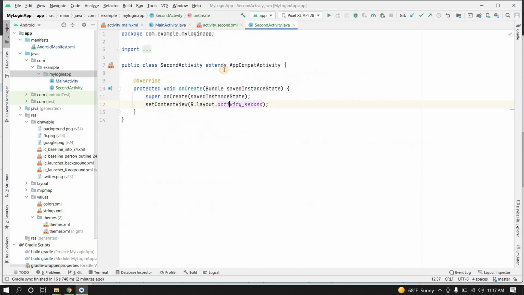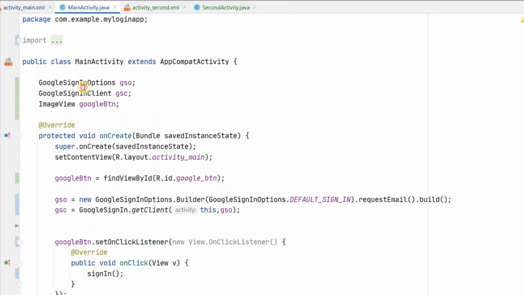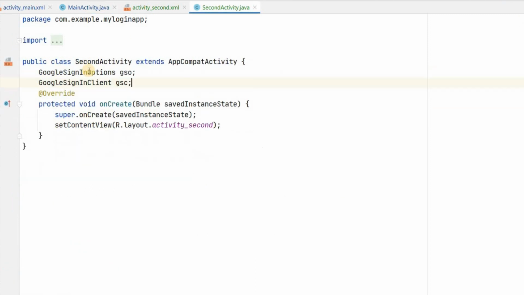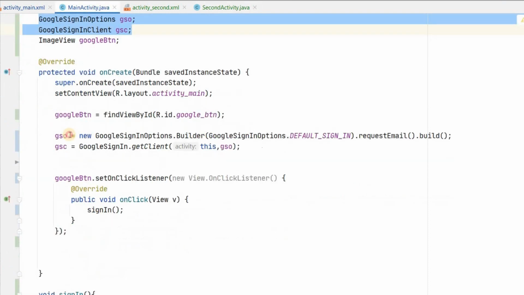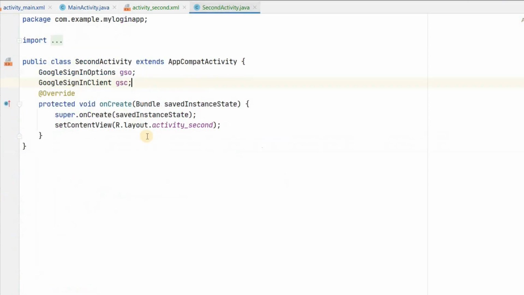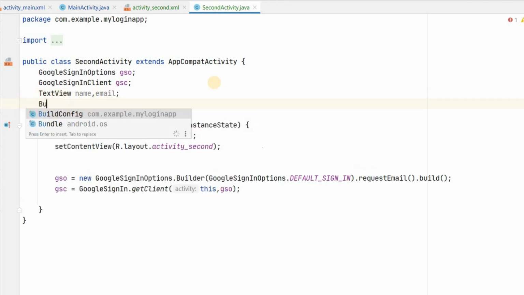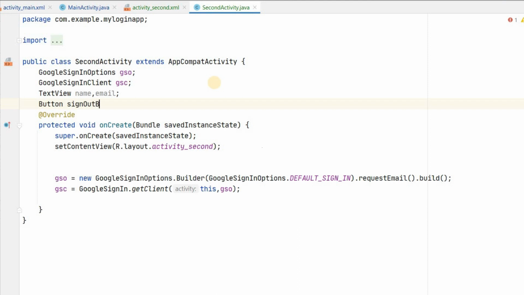In the second activity we will do the same as in main activity. We'll copy this and we'll copy this initialization also. We need those text views and buttons: name and email, and the button is the sign out button.